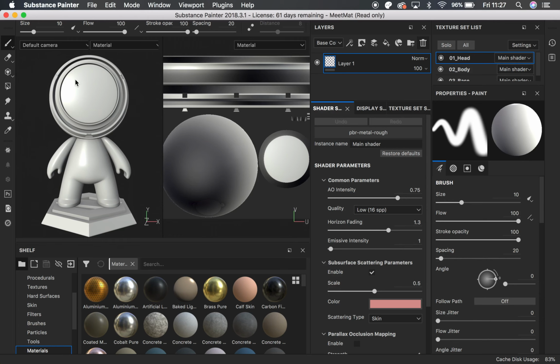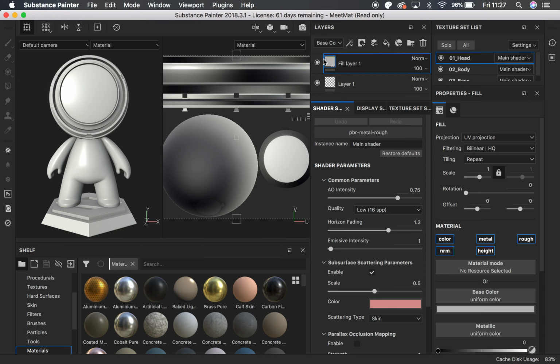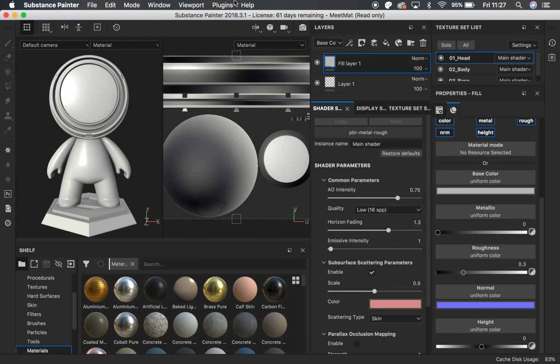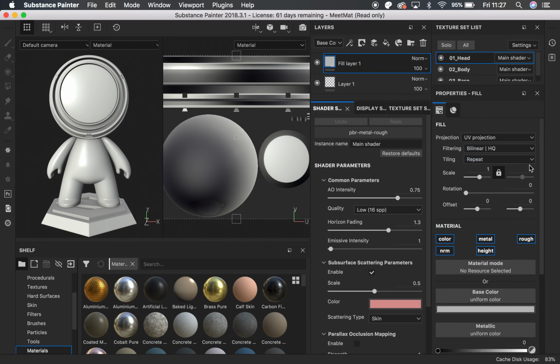And the answer is that you don't. You can't do that with a tool. You do it with a layer, which is a completely different kind of concept. We've not really looked at that. So if I make this fill layer here, what this fill layer does is it's a layer full of one color. Okay, so I've now made this fill layer here, and on the right in my properties section,